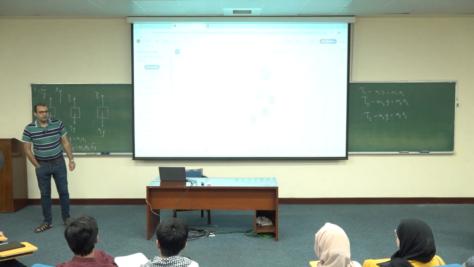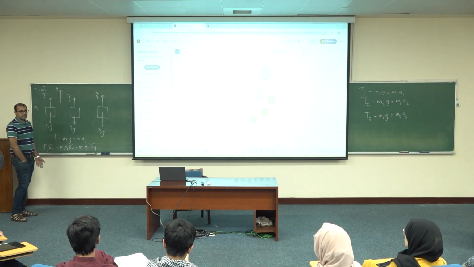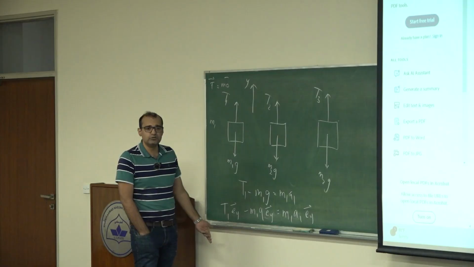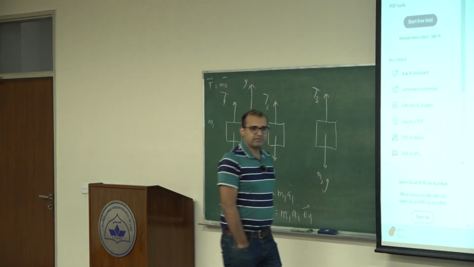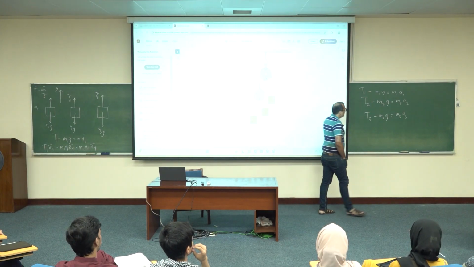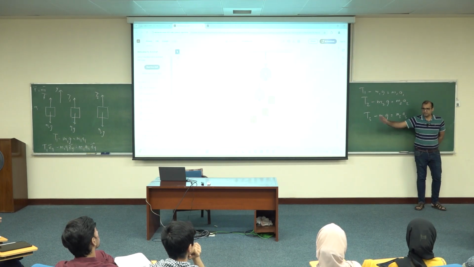For M1, M2, M3. Of course, you can apply it in the horizontal direction as well, except that there's no horizontal force, and there's no horizontal acceleration, so you end up showing the profound effect that 0 equals 0. Okay, Fx is equal to max. Anyway, once you have written down the equations that follow from your free body diagrams,